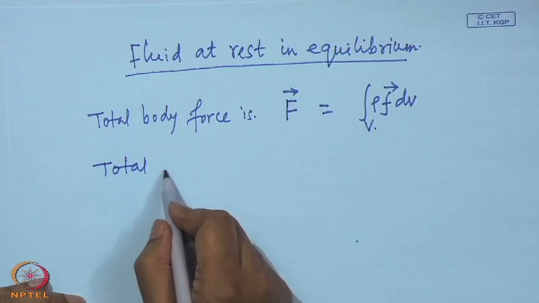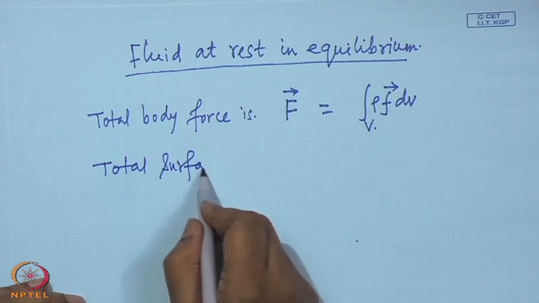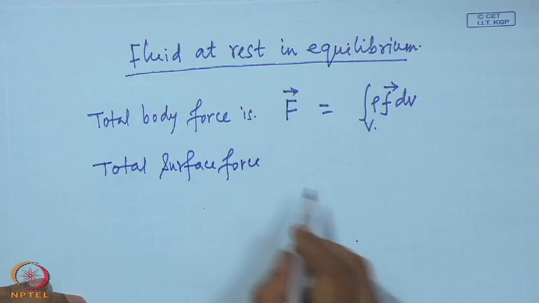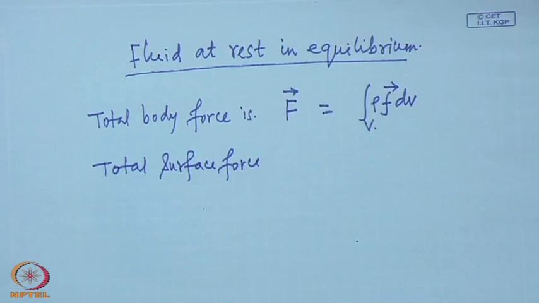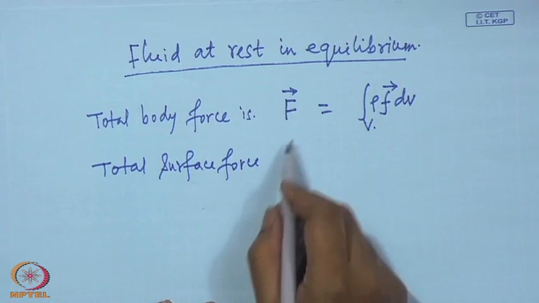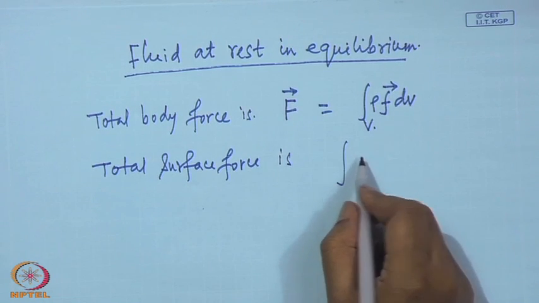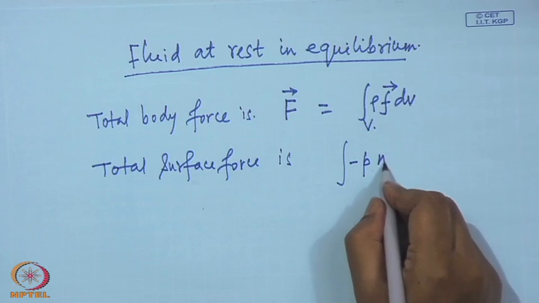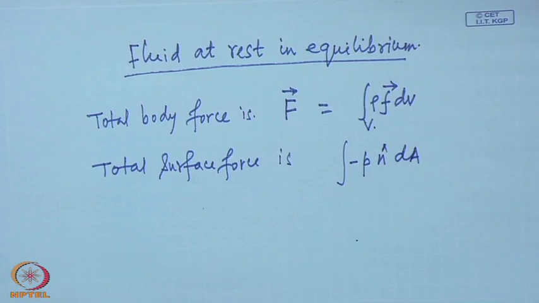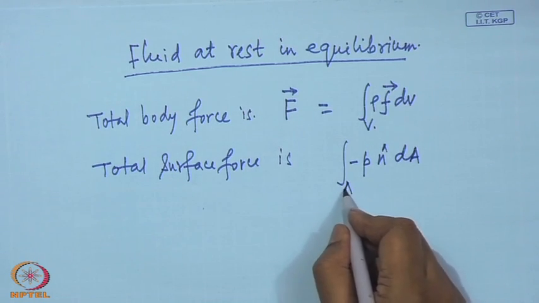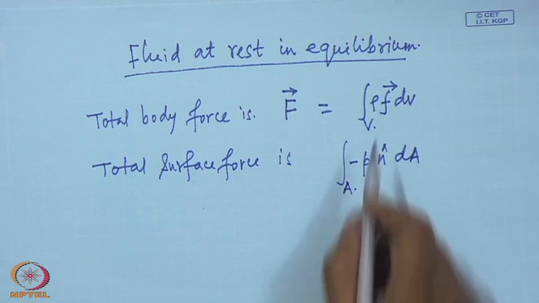The tau ij has become minus p. So, you can simply write that p, integrated over the surface which encloses this volume V,